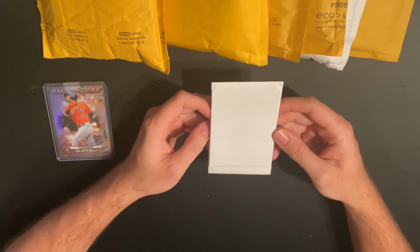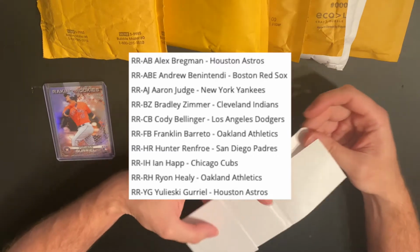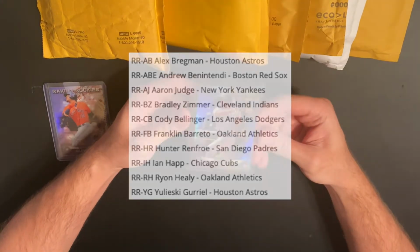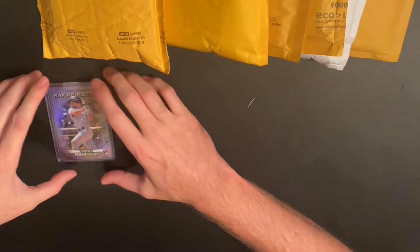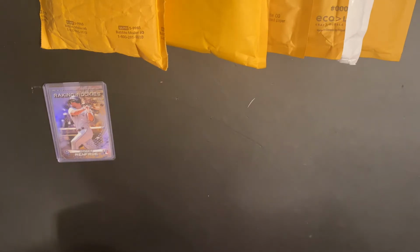But Judge, Benintendi, Bellinger and Bregman, those are kind of the big guys out of 2017, so they each have a card in this insert set. But Hunter Renfroe, Raking Rookies. So I was explaining, in 2017 is when I first started getting back into the hobby, and we